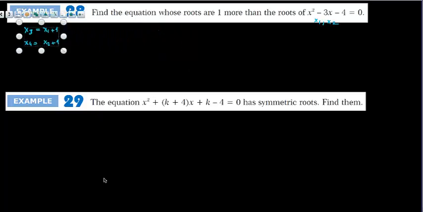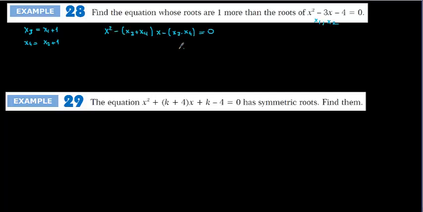When I write the equation for this given information, it's going to be x squared minus (x3 plus x4) x plus x3 times x4 is equal to 0. If I replace x3 and x4 by x1 plus 1 and x2 plus 1, the equation will be like x squared minus (x1 plus 1 plus x2 plus 1)